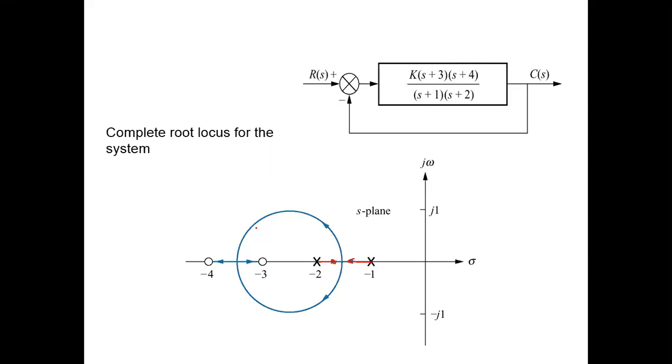We cannot move this circle to here because then we will have an even number, meaning 4, of poles and zeros to the left of this root locus. So we can see that here is 1, and when we move the root locus here we have 3, meaning an odd number of poles and zeros to the left of the root locus.